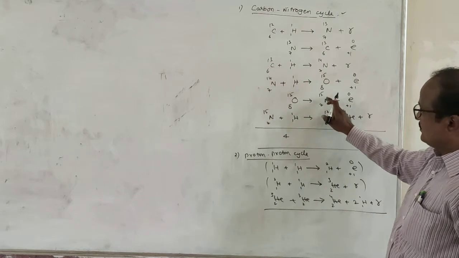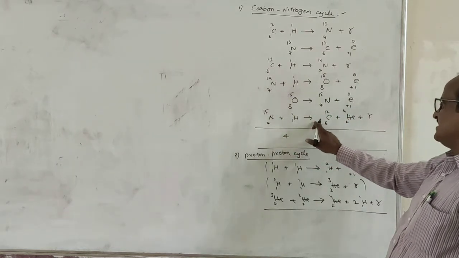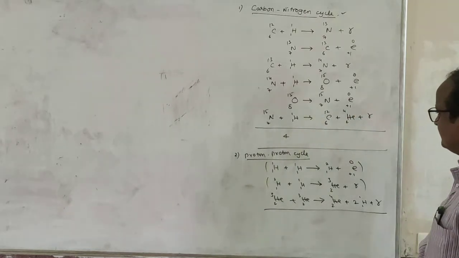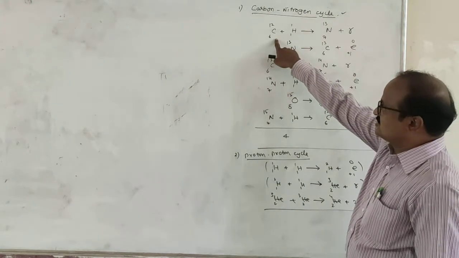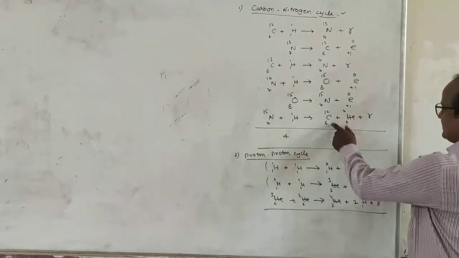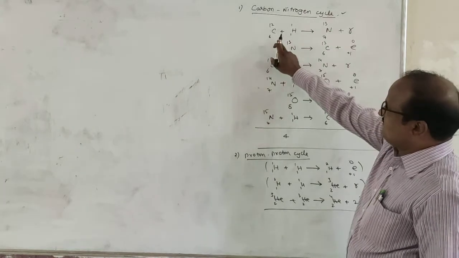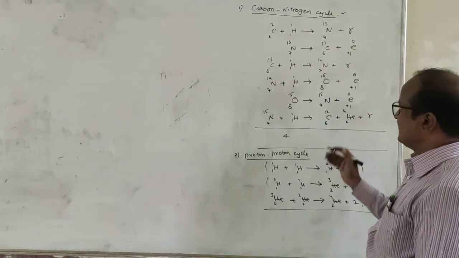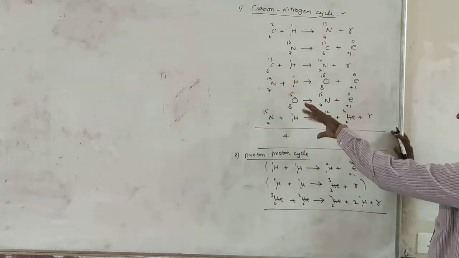Again, nitrogen-15 reacts with one more proton. It will convert into carbon-12 plus helium-4 (2He4) plus energy. See here, my dear students, the reaction starts with carbon-12 and ends with carbon-12 and also helium-4. These are stable. So the reaction starts from carbon and nitrogen. Carbon and nitrogen atoms are involved with many more atoms. That's why it is called the carbon-nitrogen cycle.